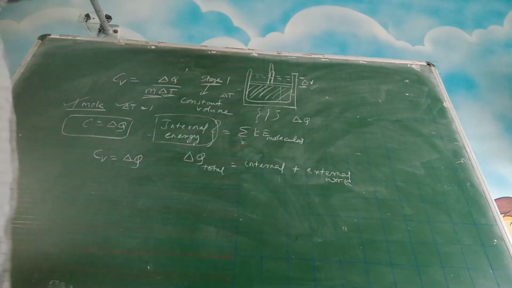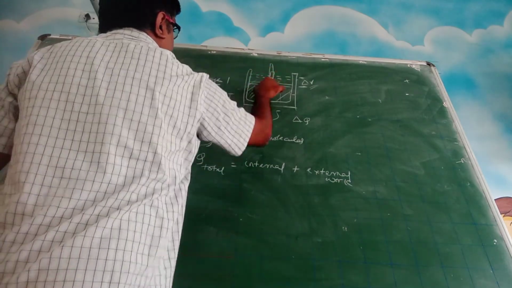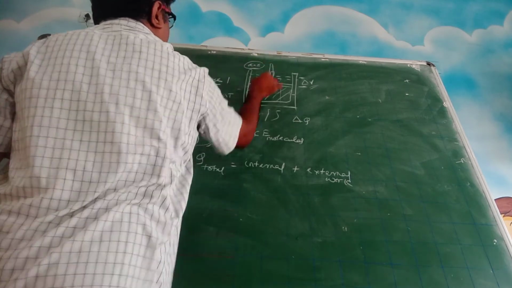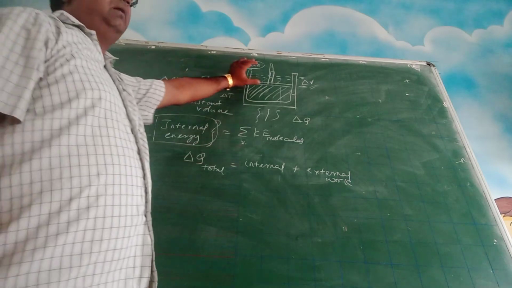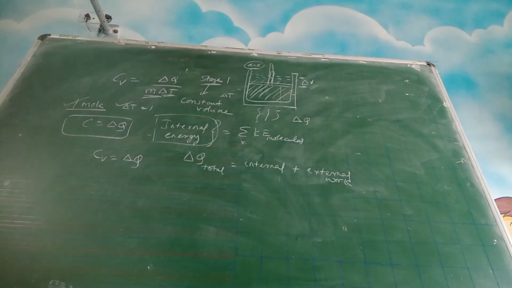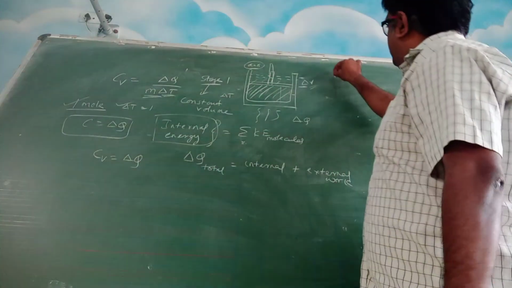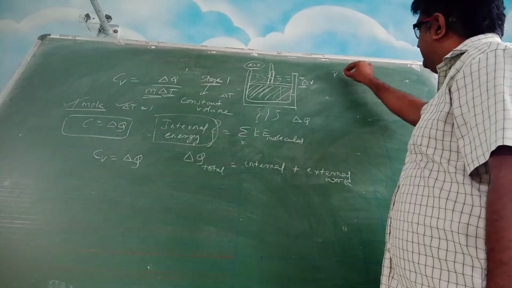You have to think till what point this lid will continue to move in the upward direction. You see here, below the piston there is some content. Above the piston there is air, right? When the outside pressure becomes equal to the inside pressure, the piston will come to a state of equilibrium and the process will stop. That means two parameters are involved: one is pressure, another is volume. Obviously you are talking about delta V here.